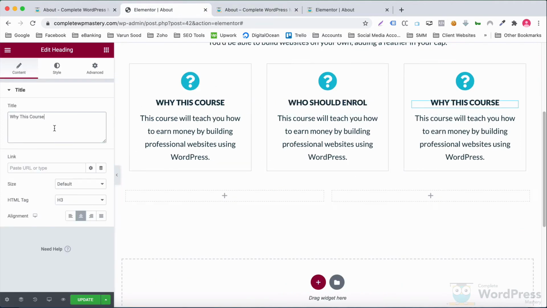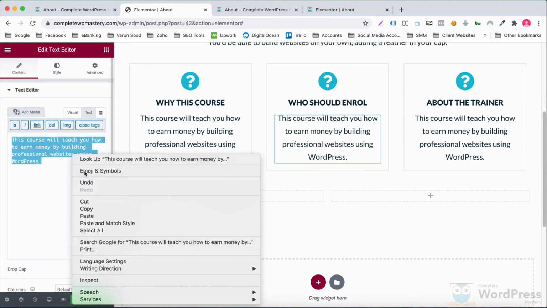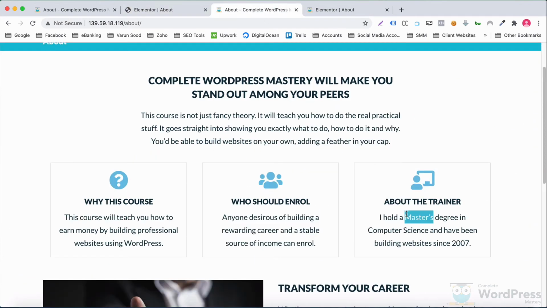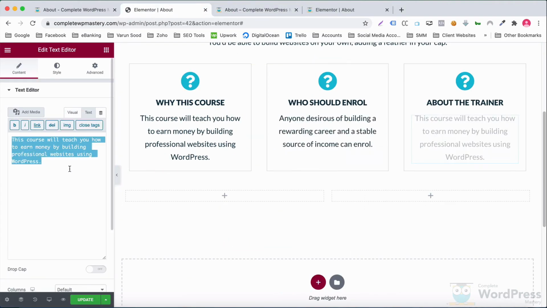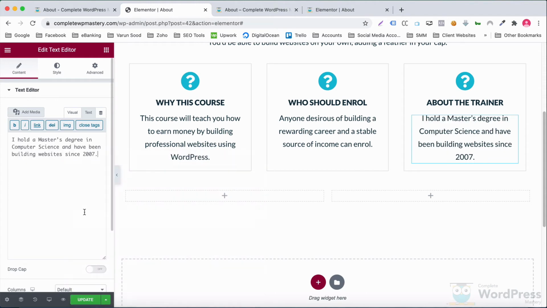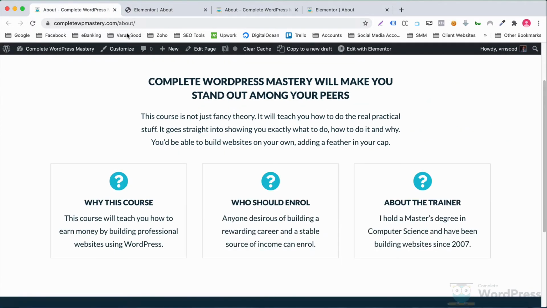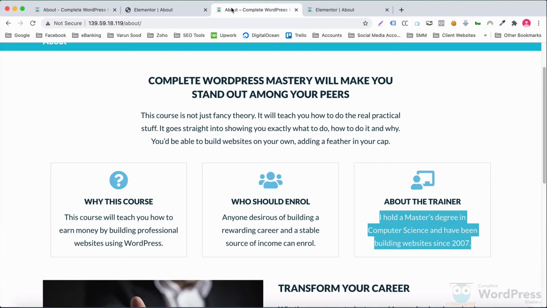I'll do that quickly. Let's update the page and reload the front end to see how that looks. Looks great. Let us see what's next.